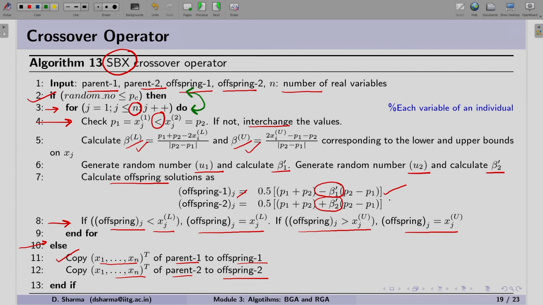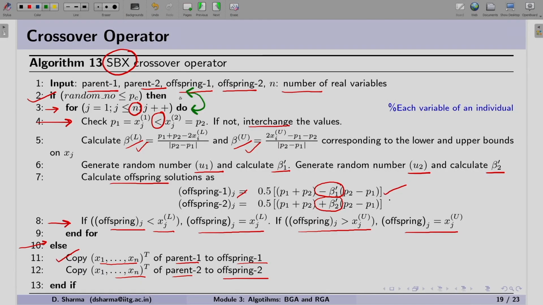It's because if we take step 3 above and step 2 below, that says that we are creating a random number for each variable and deciding whether we have to perform the crossover operator or not. So in our hand calculation, we discussed that as soon as the random number is smaller than the probability of crossover, then we will be performing crossover on each variable.